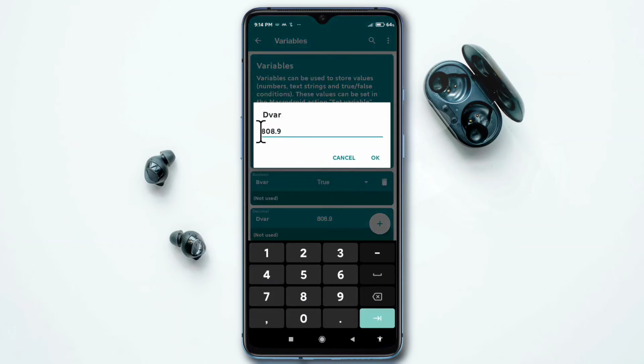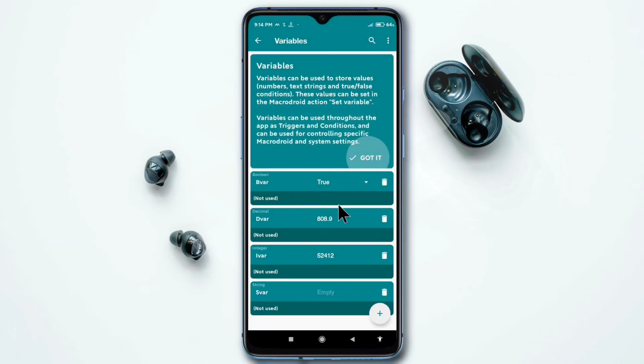So now I am trying another pattern, 08.9. Will it neglect the 0 or not, let's check. So it neglects the preceding 0 and shows the value as 808.9. So in integer variable it does not accept the point, but that is not the case with decimal variable. It accepts the float values and does not round up the value. So we can delete the variables from here also.